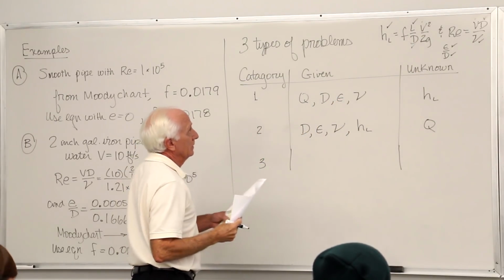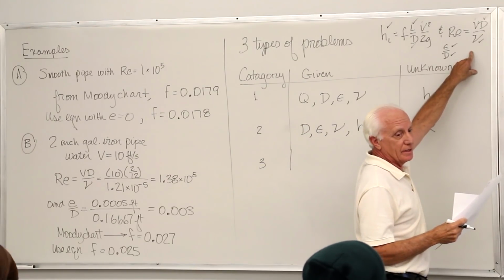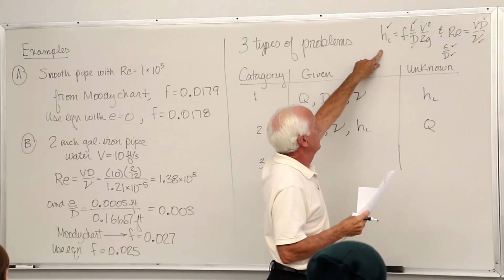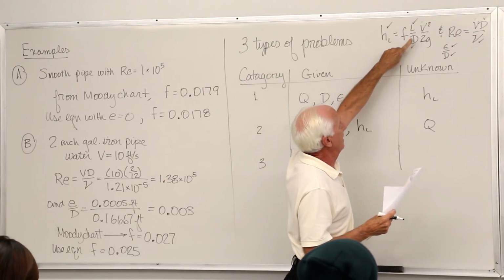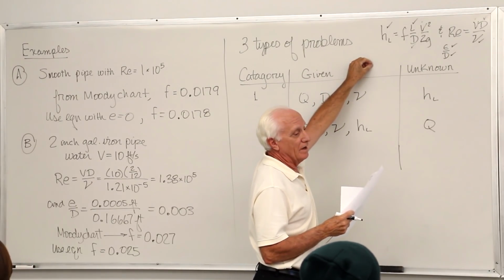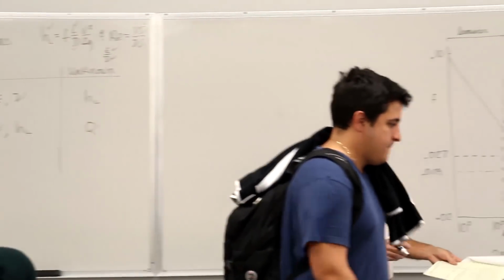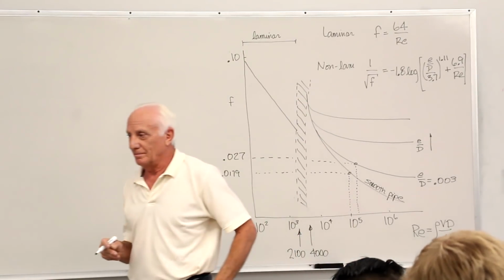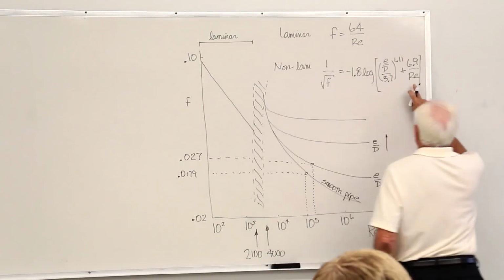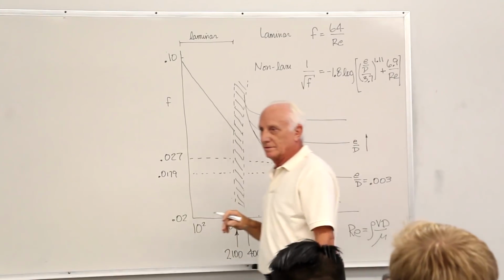Okay. The Reynolds number. I don't know it because I don't know the velocity. The unknowns, F and velocity. I don't know velocity. I can't solve for F or the velocity. Conclusion, uh-oh, we've got a problem. We don't know the Reynolds number. How do I use the Moody chart, or how do I use this if both these guys are unknown? You can't solve that one equation.